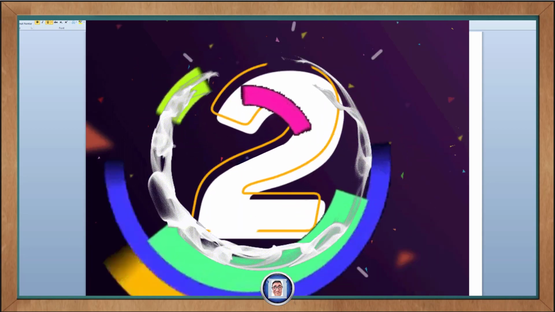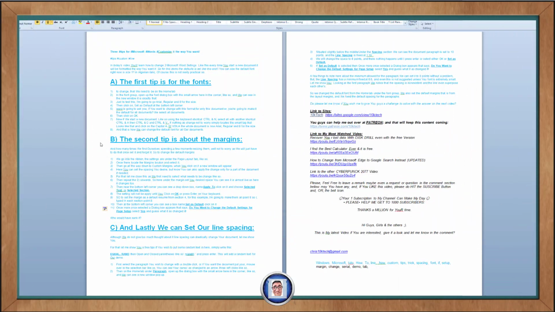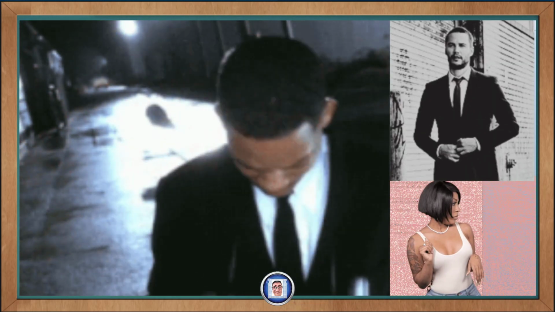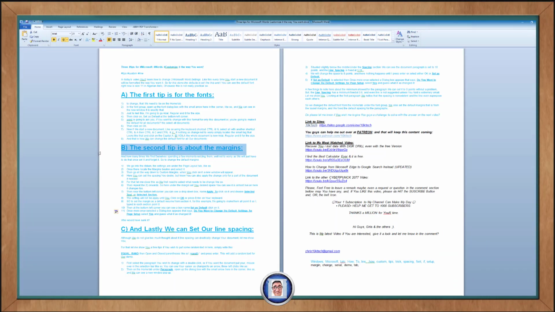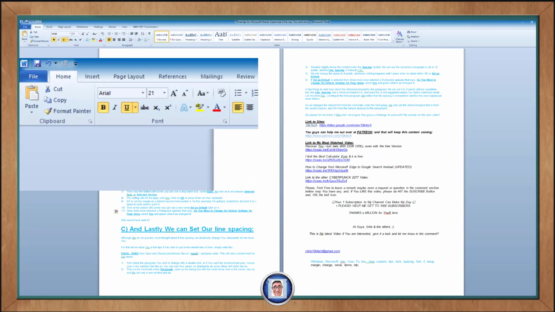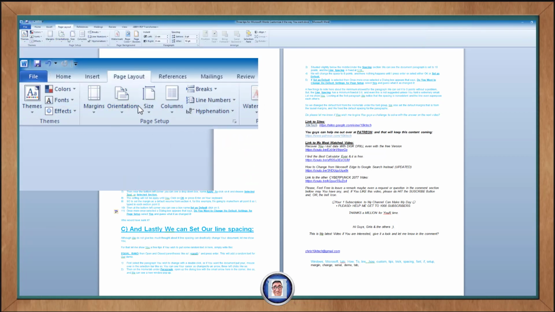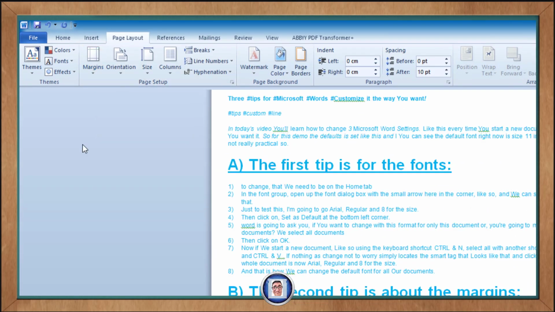We can move on now to the second tip, which is about the margin and how many times we find ourselves spending a few moments resizing them. Well, not to worry, as we will just have to do that once, set it and forget about it. So to change the default margin, we are still going into the ribbon, and this time the settings are under the page layout here. Once there, locate the margin button either here or you can go in the corner here